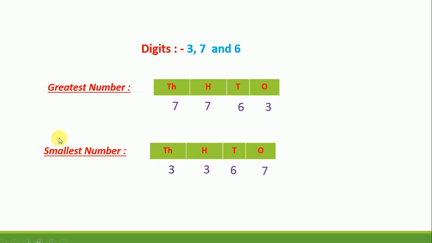Okay. Children, do remember that when we are making the smallest number, if you have only 3 digits with us, only the smallest number can repeat twice. Okay. So the smallest number, identify and write it in the thousands and hundreds. So both thousands and hundreds will be the same digit. Okay.